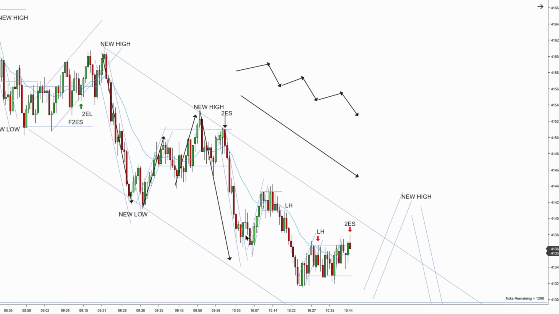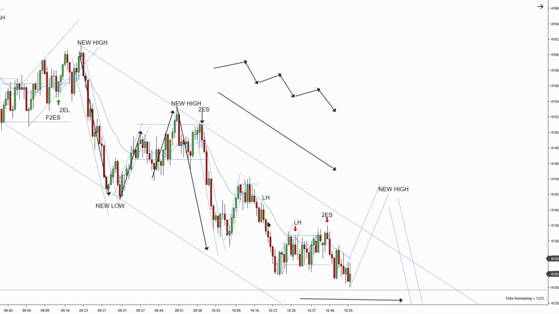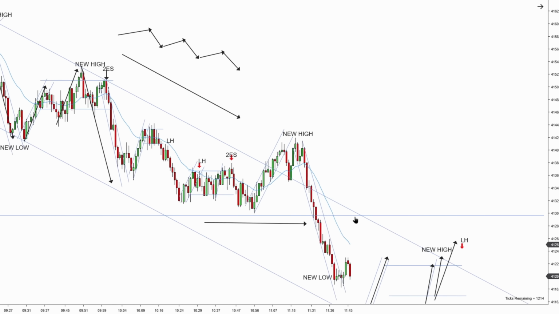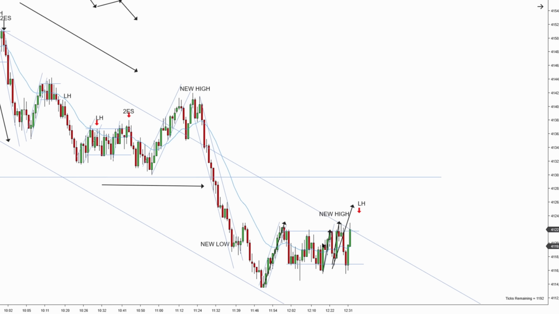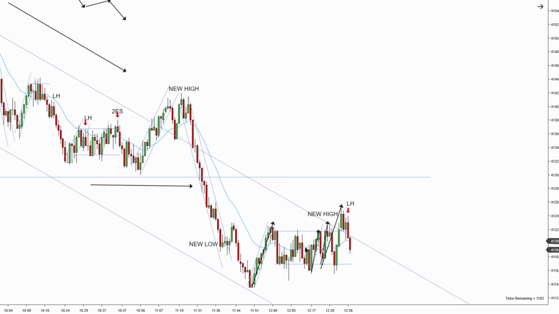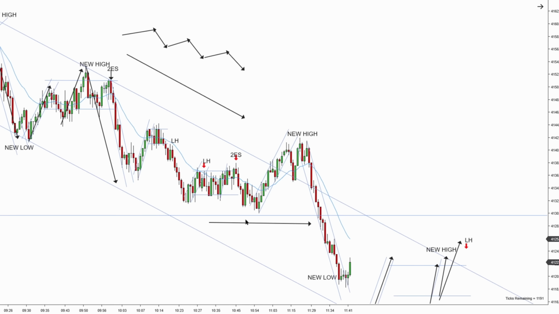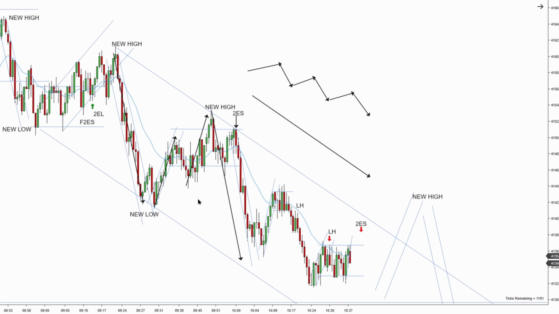Another steep spike down without a single touch of the EMA, which is indicating you may have a stronger bullish correction, which indeed you had. Another steep spike down without a touch of the EMA, followed by a strong bullish correction. And notice another steep spike down without a touch of the EMA into a bullish correction, followed by consolidation. And notice all these patterns have the same repeat pattern.